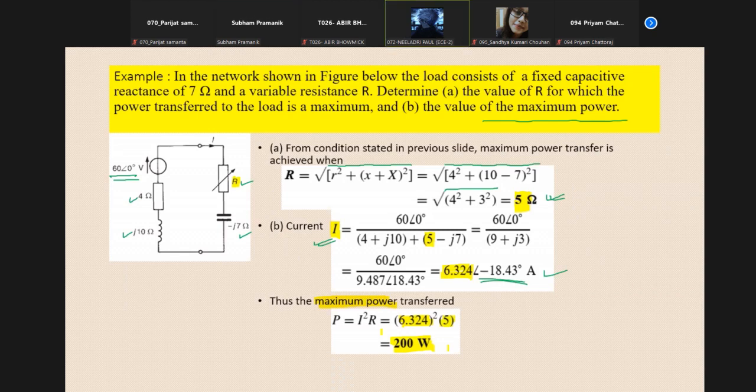Sir, here load resistance is varying. Suppose there is a resistance on the source side. If that resistance is varying, then what will happen? Yes, suppose load resistance is constant and source resistance or impedance is varying. But how does it happen? Because the source is already given, which has a fixed resistance or impedance.